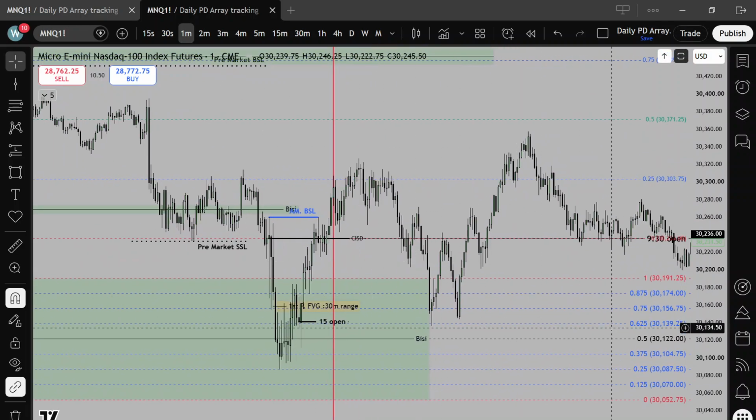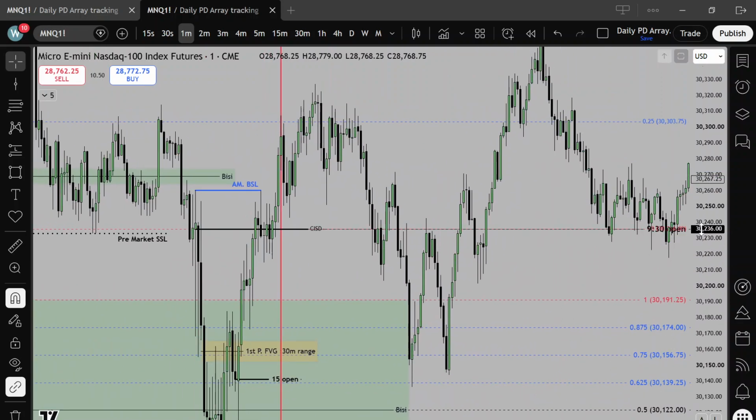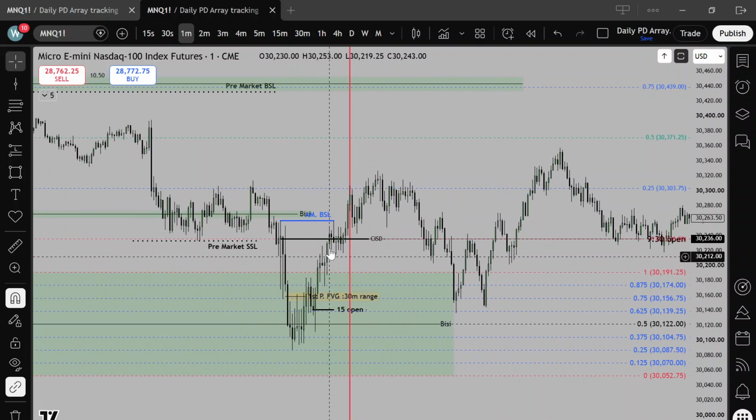Right there. So from two perspectives, one could use that as, if you took this trade here to the AM buy side